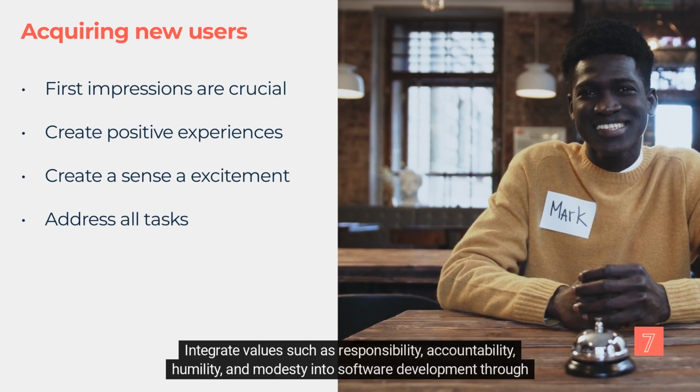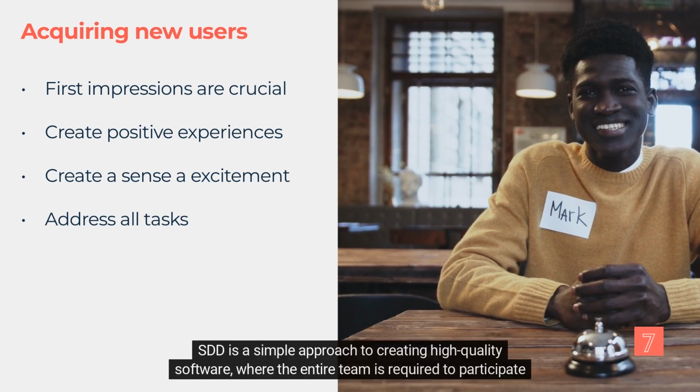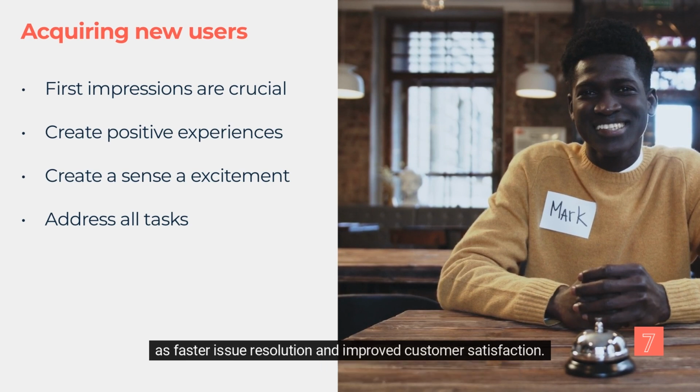Integrate values such as responsibility, accountability, humility, and modesty into software development through a method called support-driven development, SDD. SDD is a simple approach to creating high-quality software where the entire team is required to participate in customer support. This approach allows for direct feedback to be incorporated into software development, resulting in benefits such as faster issue resolution